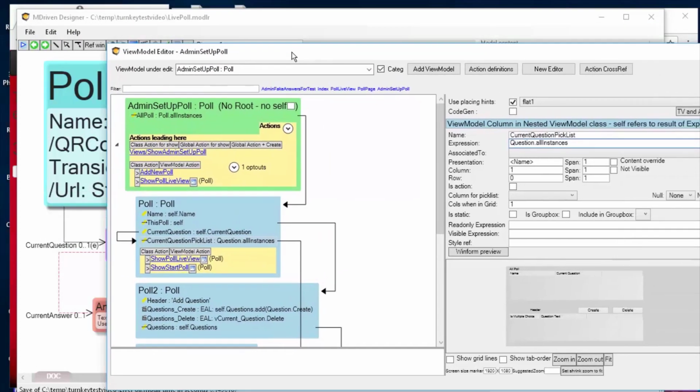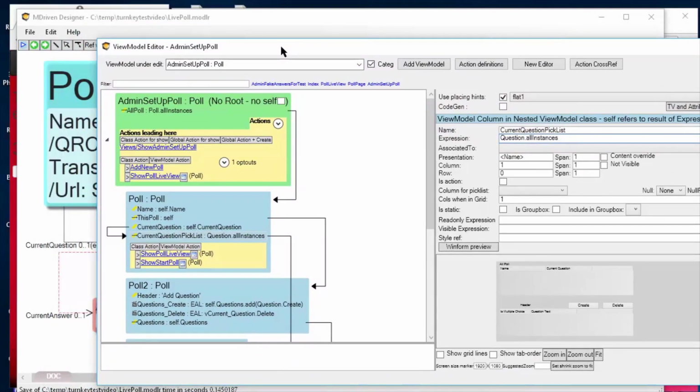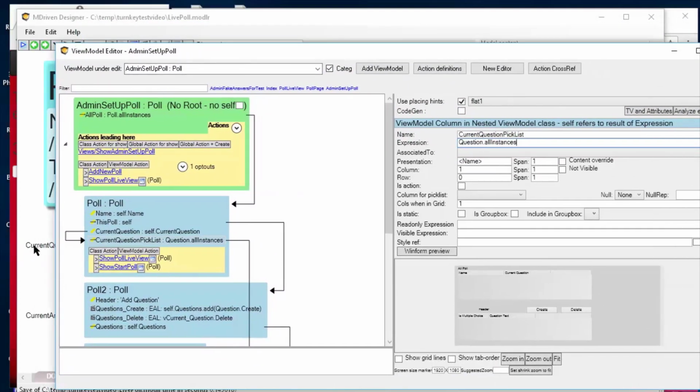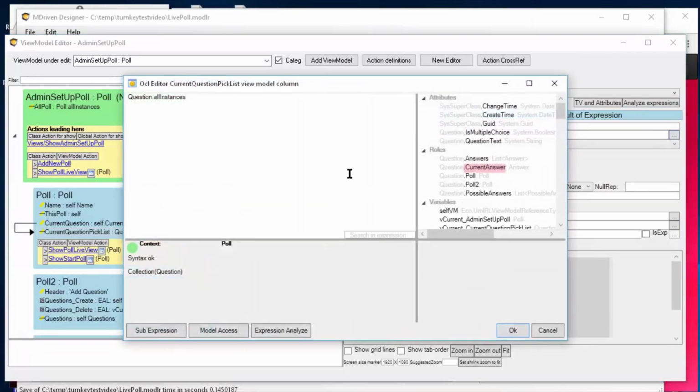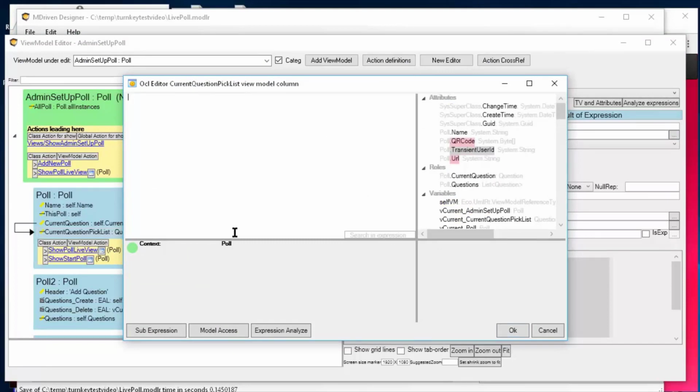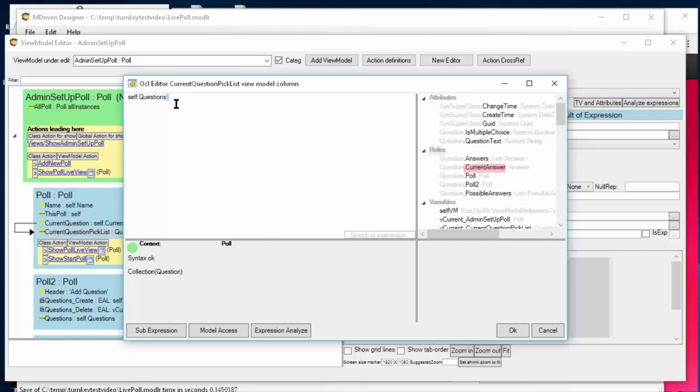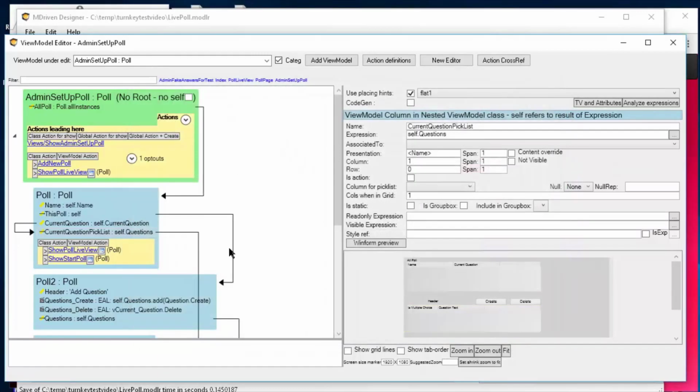And then I have worked back and forth with the view models, and as soon as I tested, I noticed that my thoughts hadn't been clear enough, so I need to refine them. And of course that's a good thing, because it helps me think about what's needed for this kind of service. So instead of doing questions all instances, I'm in the context of one poll, so I can follow the role to the questions instead. That should be enough, at least I think so, without trying.